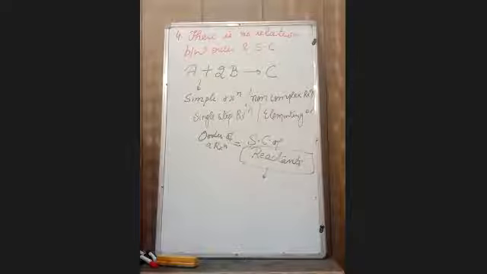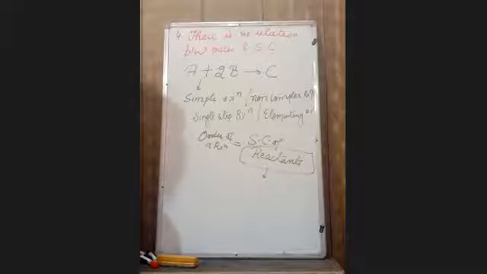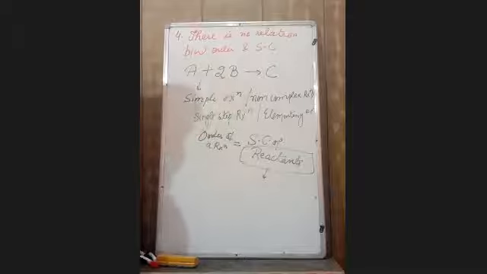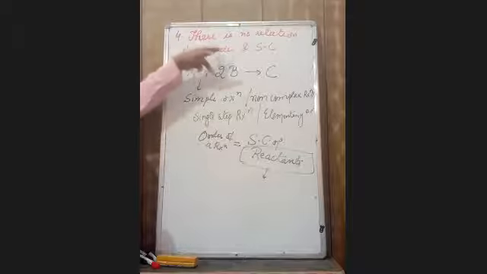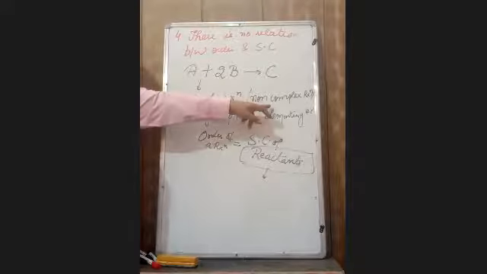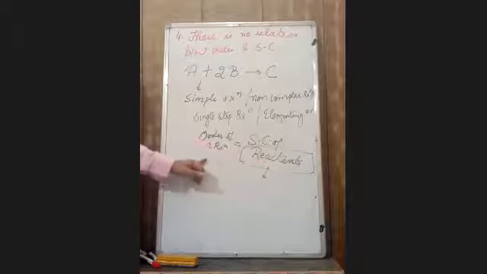As such, there is no relation between order of a reaction and stoichiometric coefficients. Stoichiometric coefficients means which we are writing in front of the molecule for balancing, either in terms of moles, in terms of number of particles, or in terms of your molecular mass. So, as such, there is no relation between order and stoichiometric coefficients, but for elementary reaction, the stoichiometric coefficient of reactant is equal to the order of reaction.